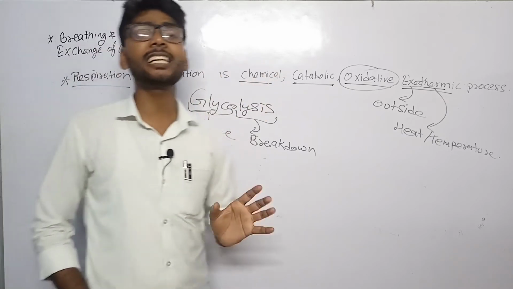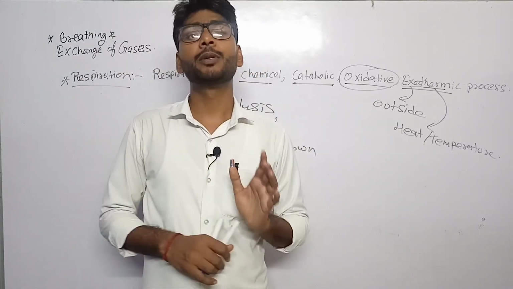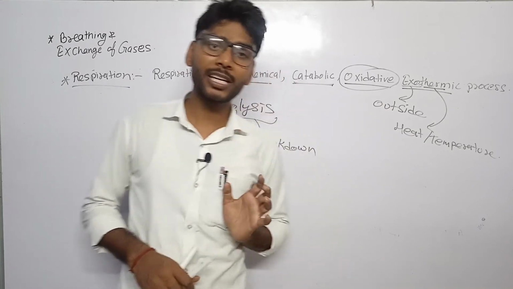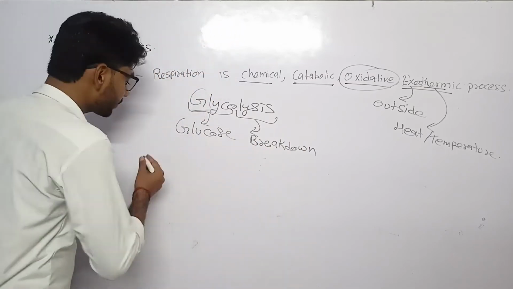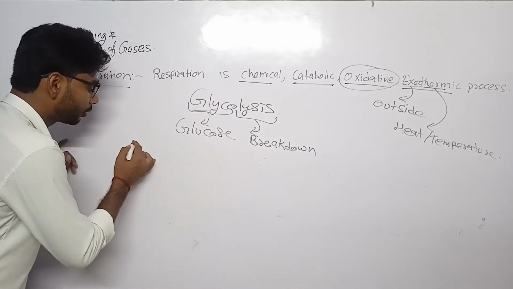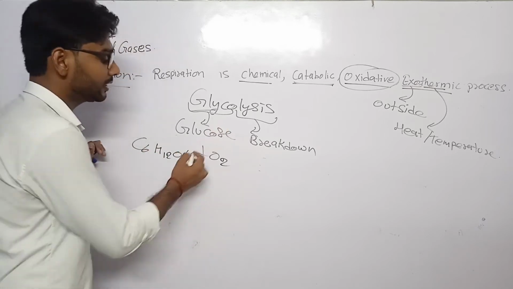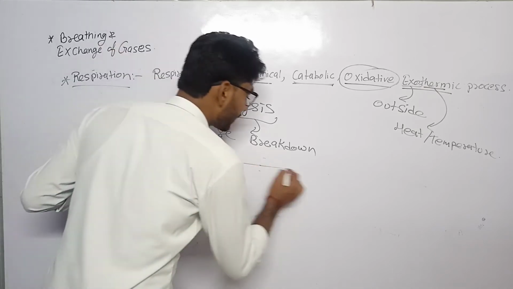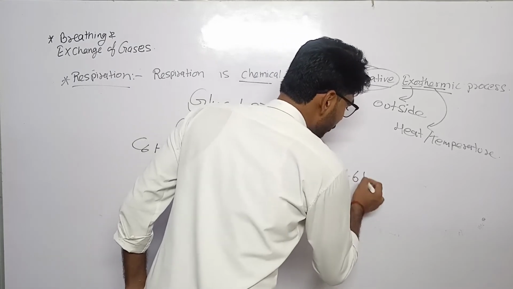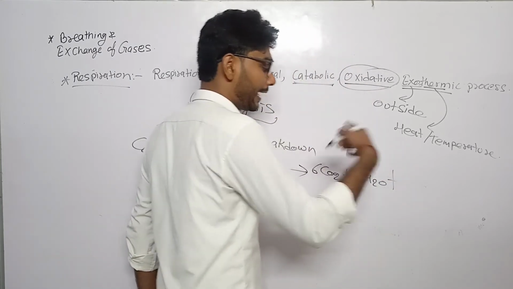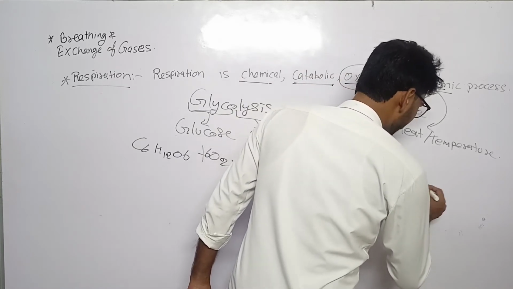So what is the basic difference between respiration and breathing? Let's make a chart, but before making the chart, there is a chemical reaction, like when we take glucose, C6H12O6, in presence of oxygen, 6 mole of oxygen. Okay, then many chemicals are involved to produce 6 mole of CO2 plus 6 mole of water plus 38 mole of ATP